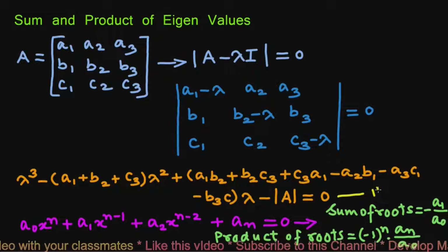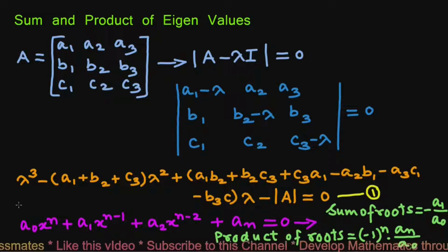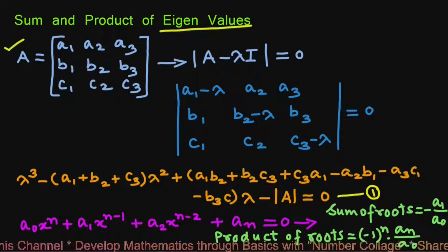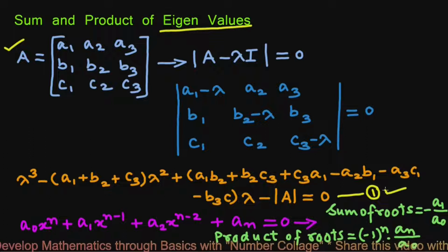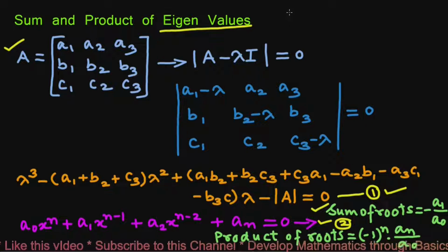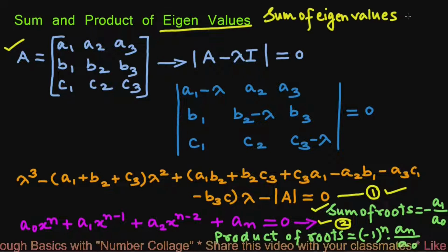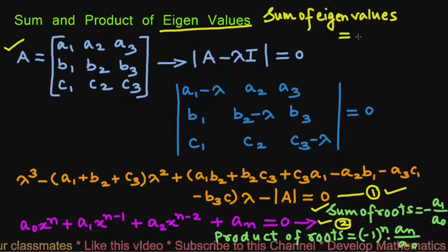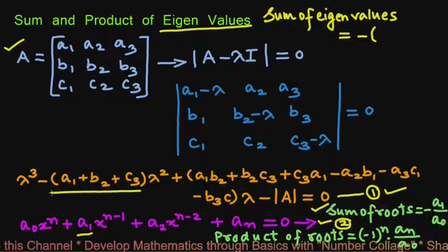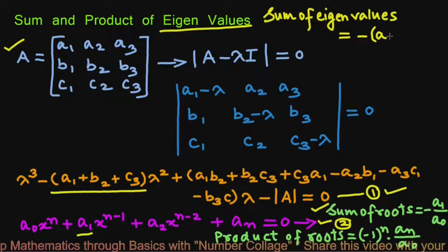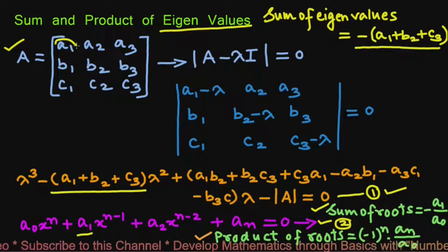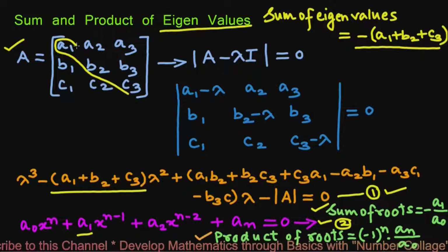Roots of this equation 1 will be the values of lambda, which are nothing but the eigenvalues of this matrix A. Now if we compare this equation 1 and this equation 2, the sum of the eigenvalues equals minus A1, which is nothing but A1 plus B2 plus C3. So here A1 plus B2 plus C3 is nothing but the sum of the diagonal elements A1, B2 and C3,